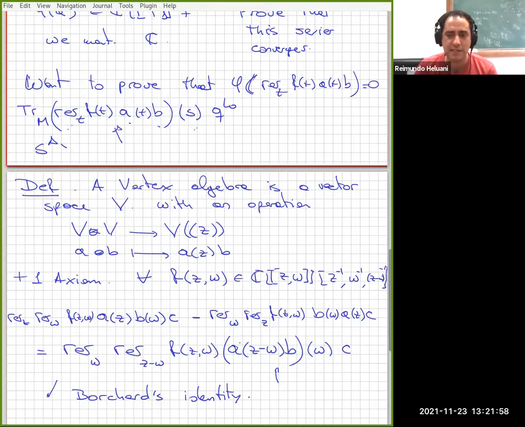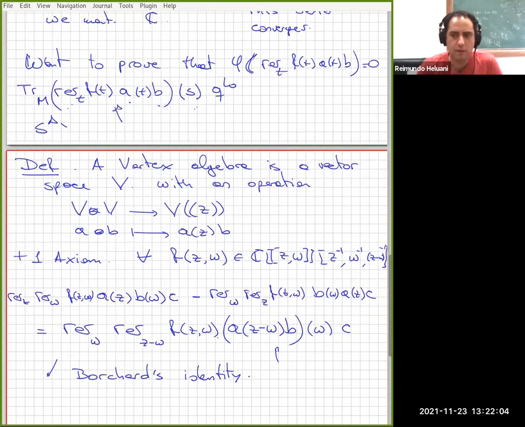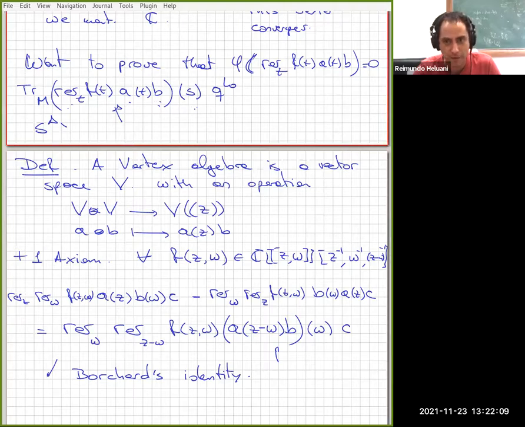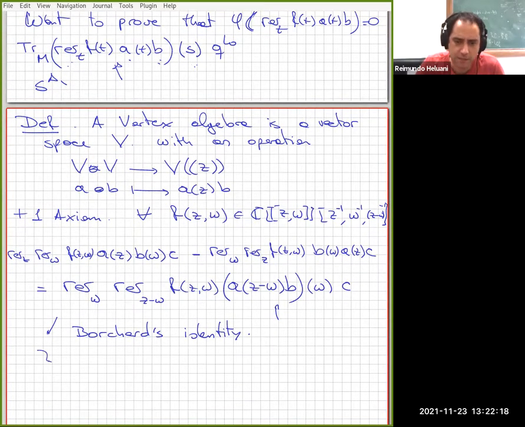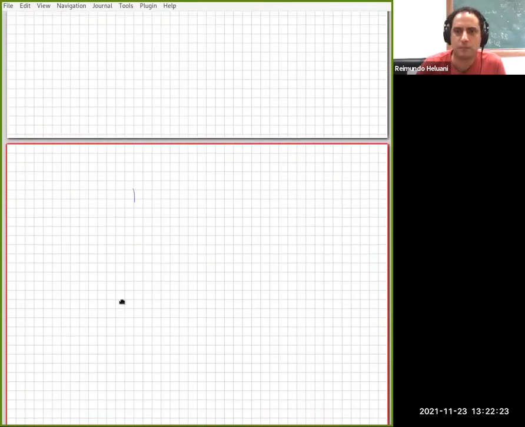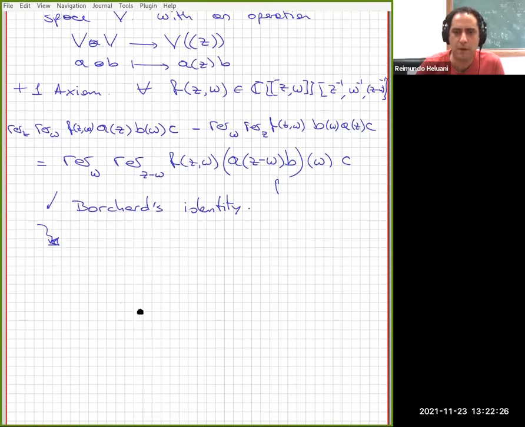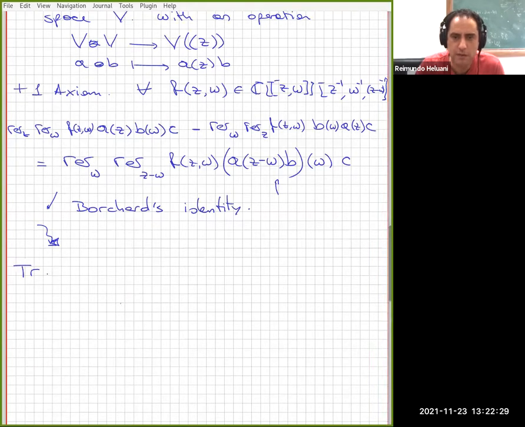So what Borcherds' identity is telling me is that if I use it, then I can replace this field A of B, A applied to T, A of T applied to B, by this difference of these two fields. So then by Borcherds' identity, and I'm waving my hands, but I'll do this precisely in a bit, this is the object that I want to compute, the trace of the residue F of T, A of T, B,